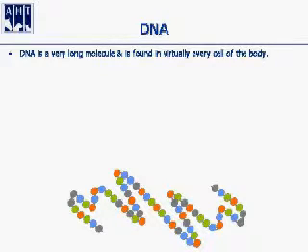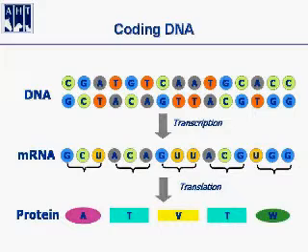So now I've just got one slide here to show you very briefly what DNA does in our body, why it's there. I've said we can think of DNA as beads on a string. It's actually a double row of beads. So you've got these G's, C's, T's and A's, and a G and a C are always paired together, and an A and a T are always paired together.